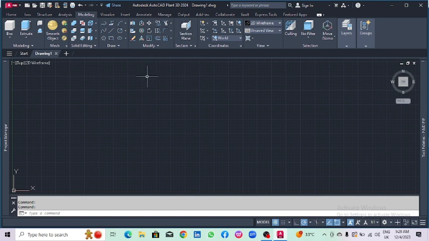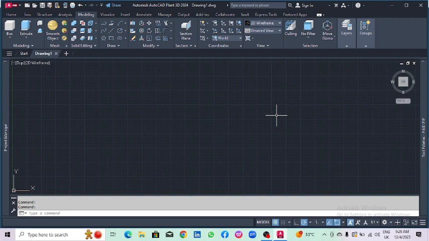I am using AutoCAD Plant 3D 2024. We have various versions of AutoCAD, including the ordinary one that we use to do mechanical drawings and all that. So we are going to do an isometric drawing, and in view of that we are going to change the whole feature in AutoCAD into